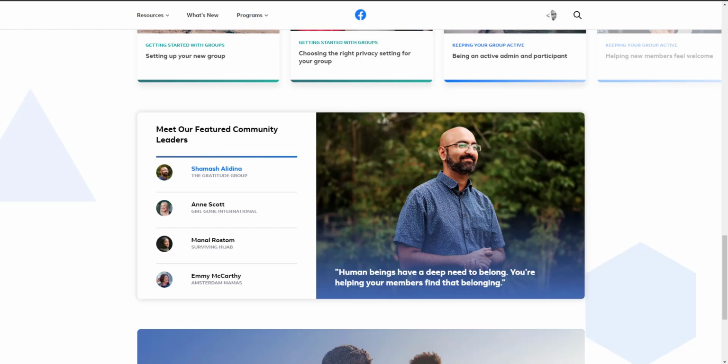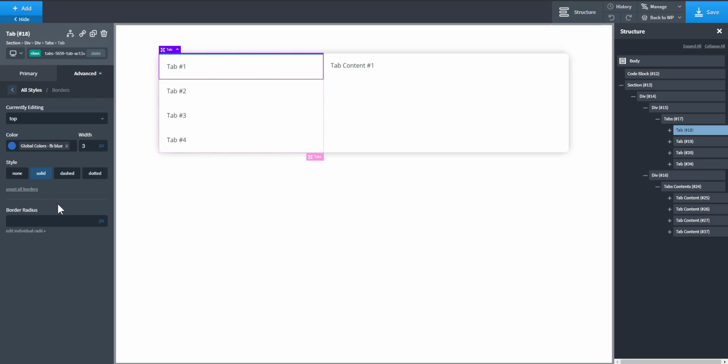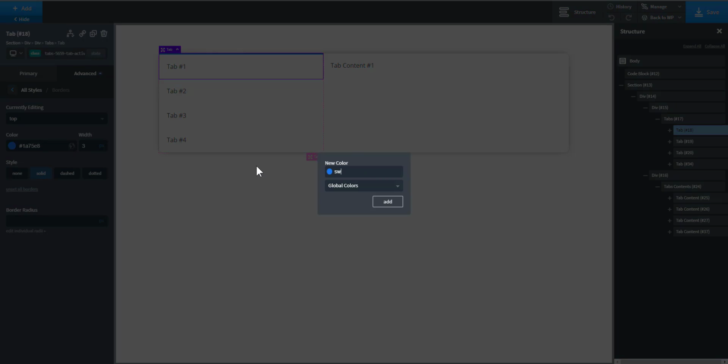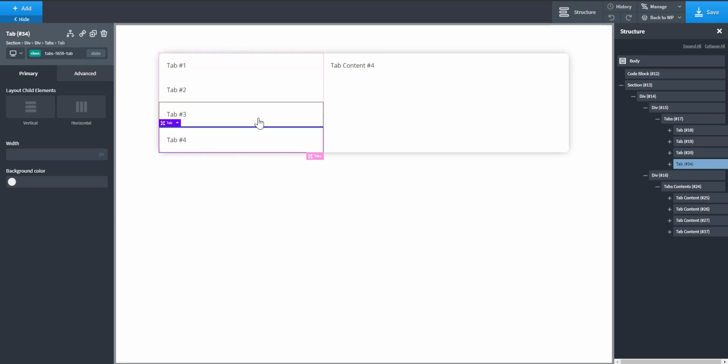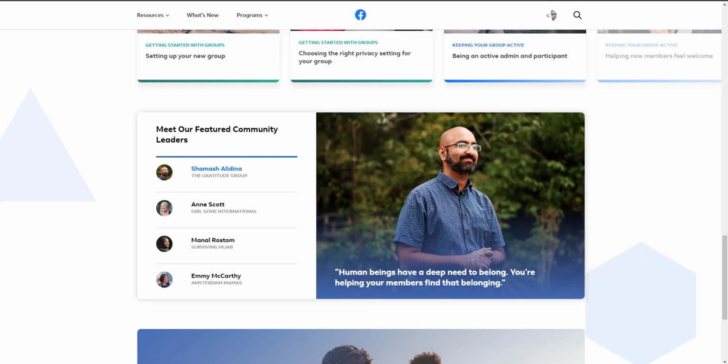Alright, so let me just go ahead and copy this other one. This is a nice sweet blue. Let me just put that, and then I'm gonna save that as, let's just call it sweet blue. I like it. Alright, so I'm gonna delete this and take the other one. Alright, so now that we have our tab active, so we have that style, the next thing I'm gonna do